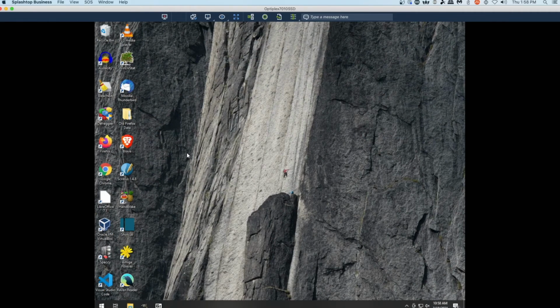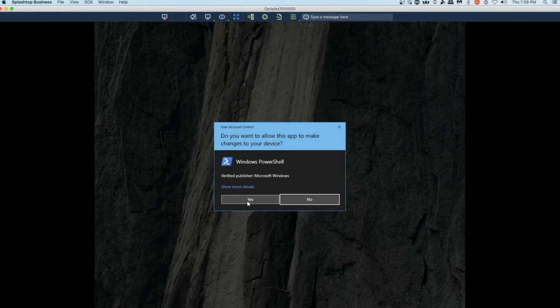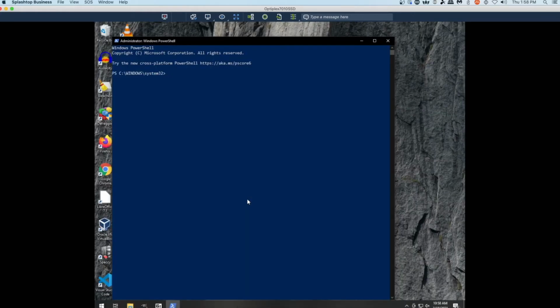Okay, so the third option for installing software on Windows is using what's called a package manager. Now, package managers originate in large part on Linux. And if you've never used Linux, it's an alternative to Windows. So for this case, we're going to go to our PowerShell as administrator. And we are going to say